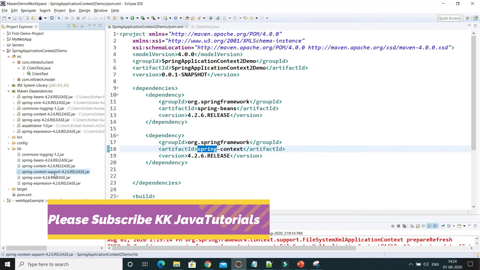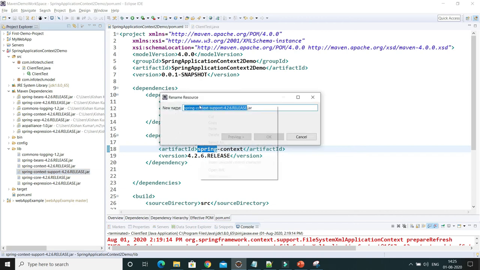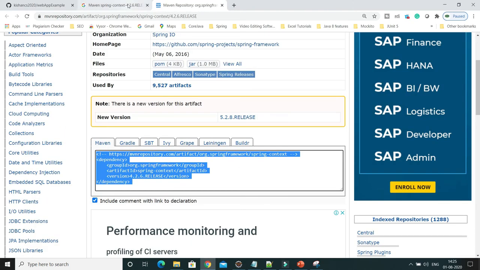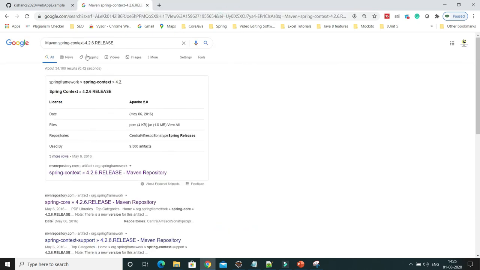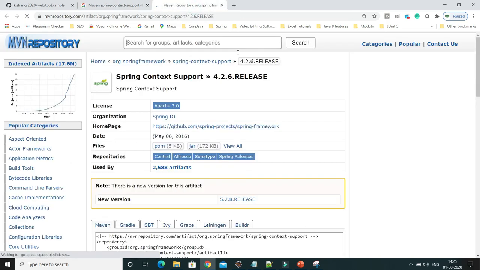But still one jar is missing. Spring context support I could not see on the class path, right? So you can search for this one as well. Let's copy it. I'm pressing F2 to rename so that I can copy exactly, I don't want to write manually. Again I go to Google and search, and go to the Maven repository.